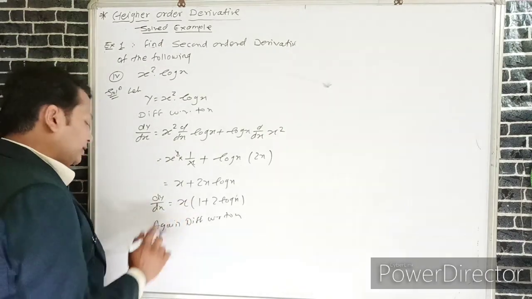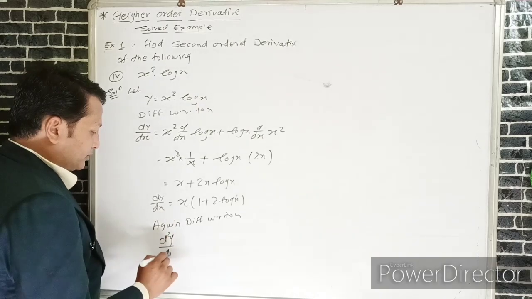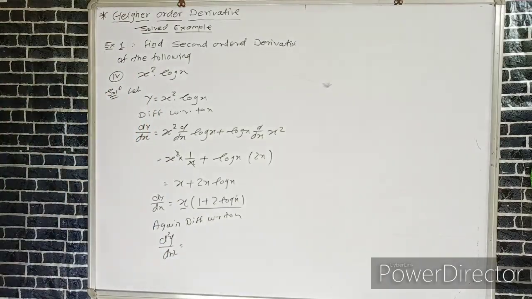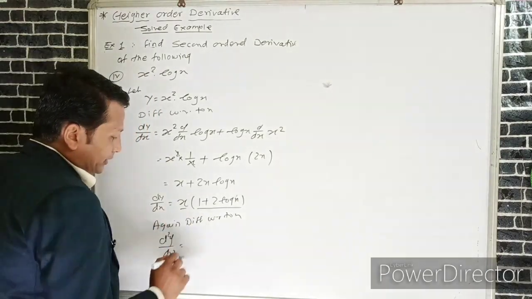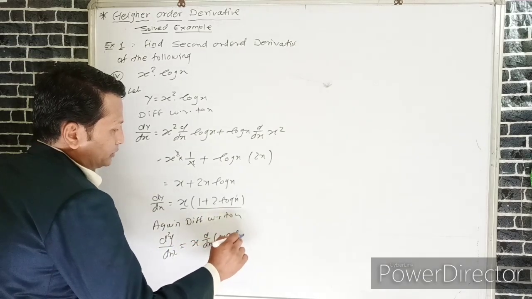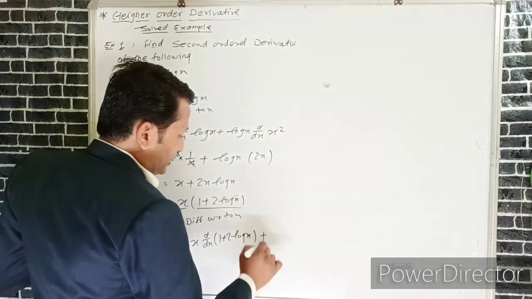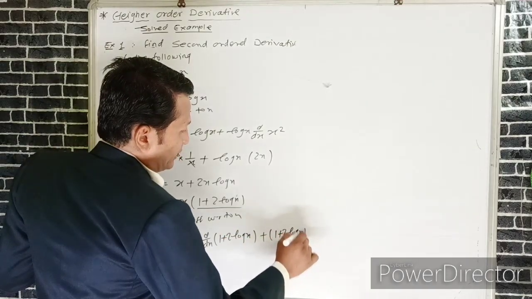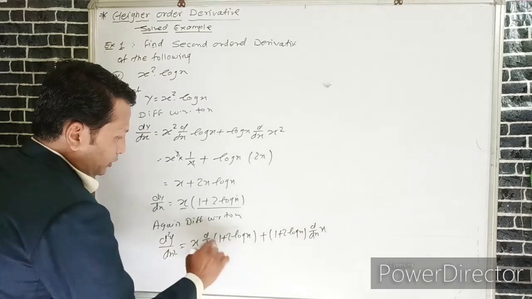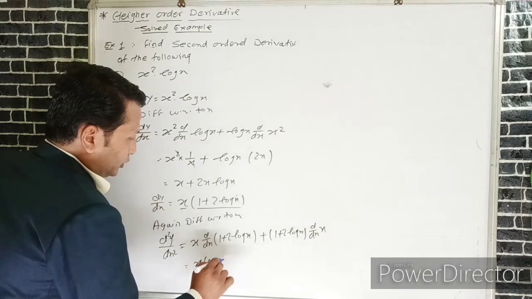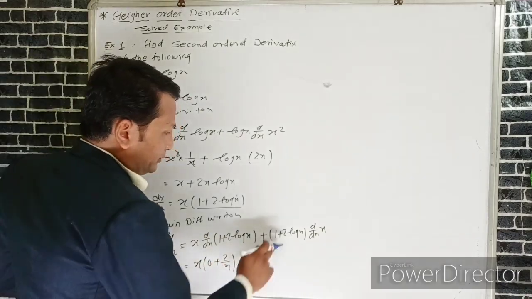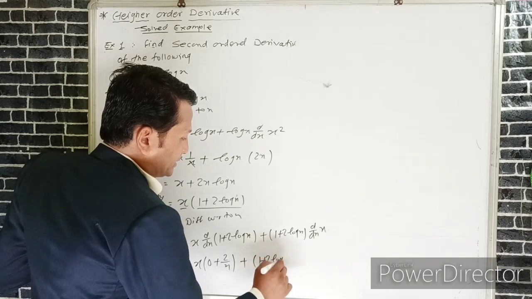If we differentiate this term, we can write d2y upon dx square is equals to, again here x is 1 and 1 plus 2 log x is 2, second two functions. If we apply here u into v rule, we can write x into derivative of 1 plus 2 log x plus 1 plus 2 log x into derivative of x. Here we can write x into derivative of 1 plus 0 plus 2 into derivative of log x is 1 by x plus, again we can write 1 plus 2 log x as it is and the derivative of x